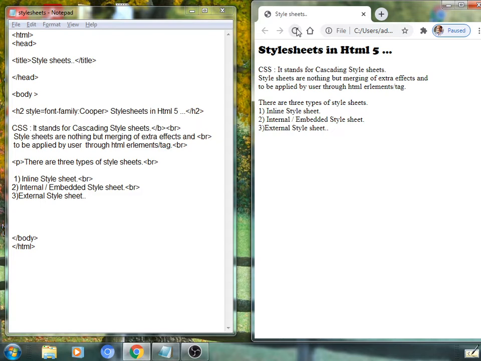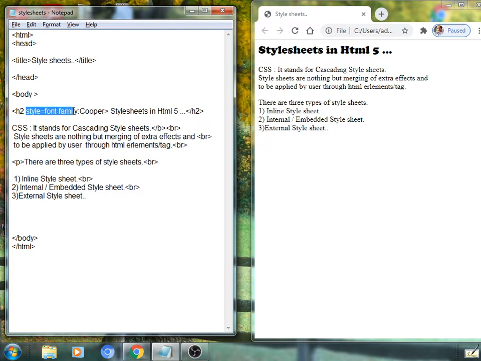It is applicable. What we have given is h2 as a tag, and then this h2 tag becomes the selector for an inline style sheet. How is it converted into a selector? By using the style keyword, the attribute equal to a property.